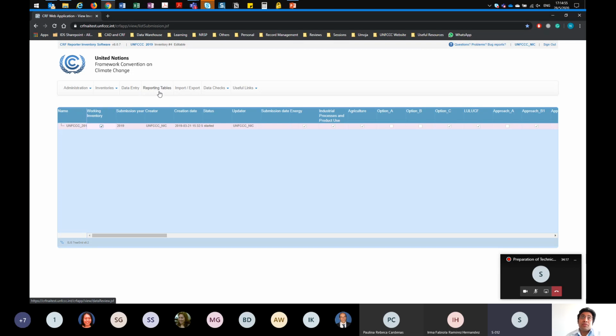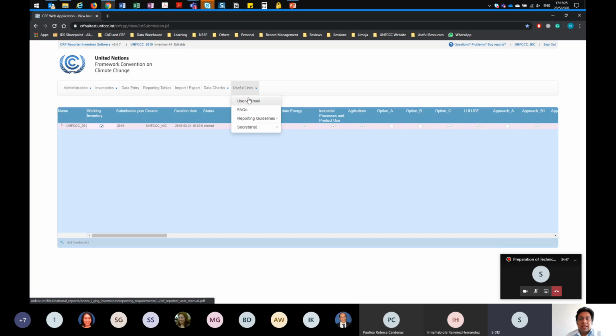Reporting tables is the tab where you export your reporting tables in the format of aggregate CRF tables for Annex 1 parties. And the import export, this is where you export all CRF tables or import the data using Microsoft Excel, or using the simple XML. And the data checks, this does the key category analysis as well as the data entry completeness check.